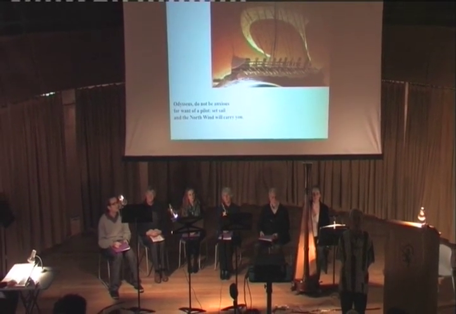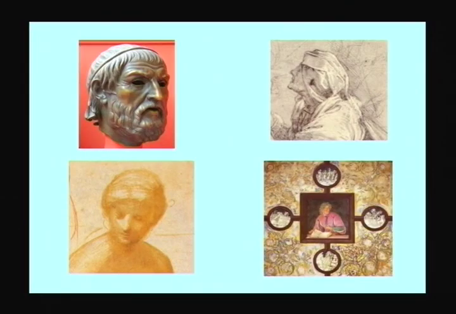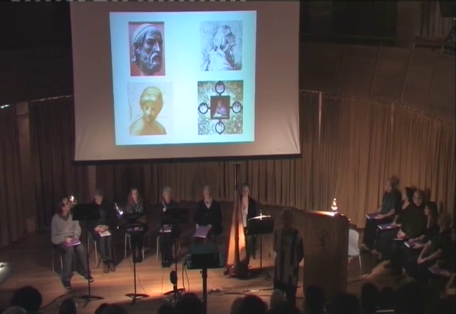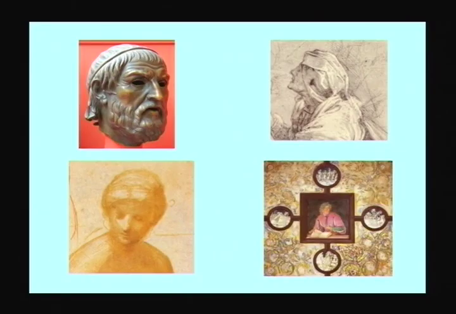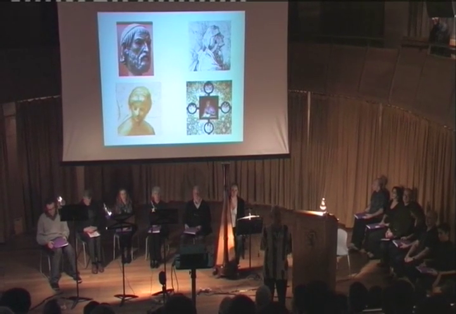A word about the images before I go any further. The images themselves are very, very heterogeneous. Some, for example, top left is a classical head that we're using for Odysseus narrator, but it's not really Odysseus. The next two figures, top right and bottom left, stand for Anticlea and Calypso, and they are, faute de mieux, two images by Raphael. And the one on the bottom right, in due course you will see, is Signorelli, Ovid. That really is Ovid. The other two ladies are not, I've just adopted them. So be prepared for a great heterogeneity of the elements.